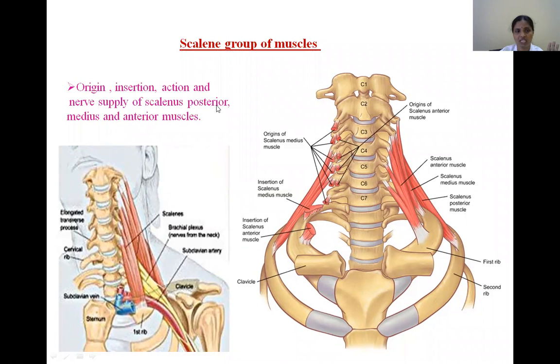The scalenus posterior, medius, and anterior are represented by the intercostalis externus, internus, and intimus. Okay. So they are the representative muscles of the intercostal muscles, right? So what is the location of these muscles? Paravertebral. Because of the reabsorption, there is no formation of these ribs. So in place of that, the muscles are developed prominently in this neck region. So very, very important muscles.